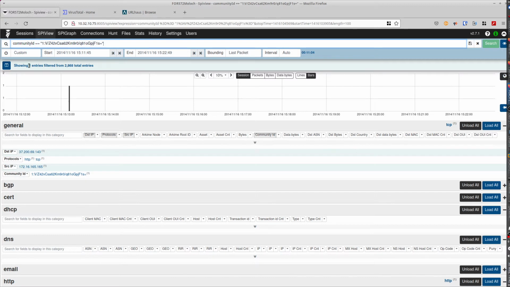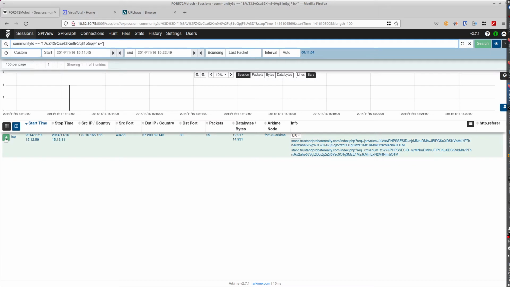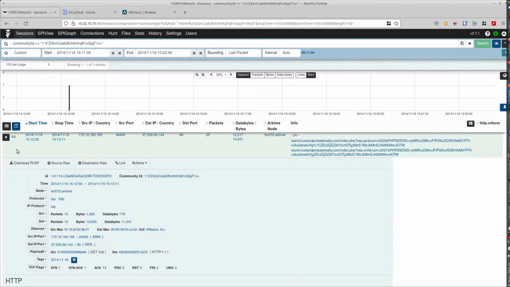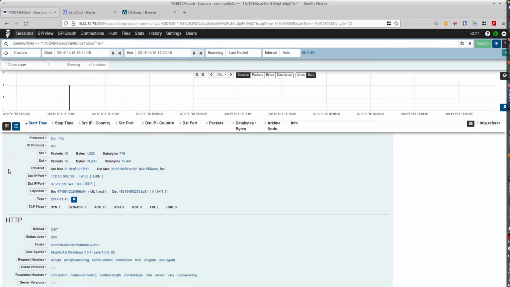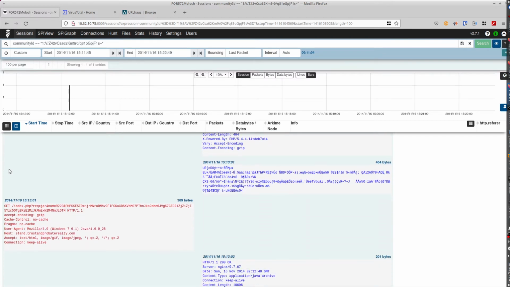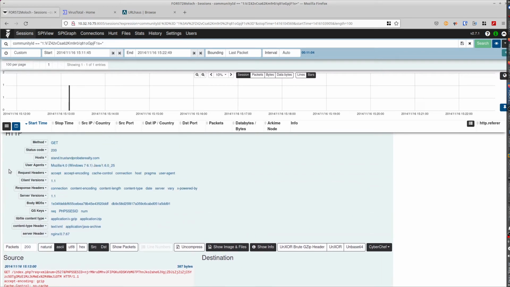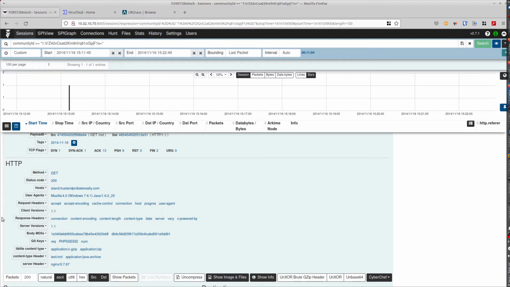And now we see there's only one session, so we go to the session screen. We can see the session here. We just click the plus sign to get all the details. And we see all of the packets that were sent and received. So we know that this session generates an alert. So what we can do is review the MD5. We can pick the first MD5 we can find here and just copy the value